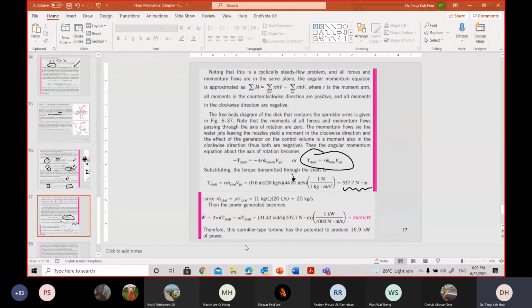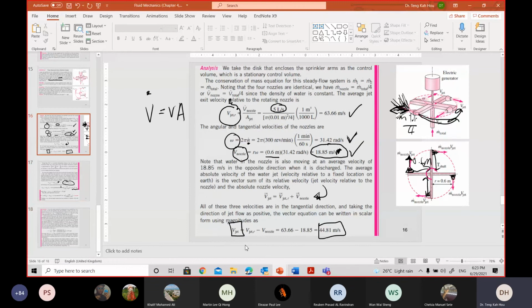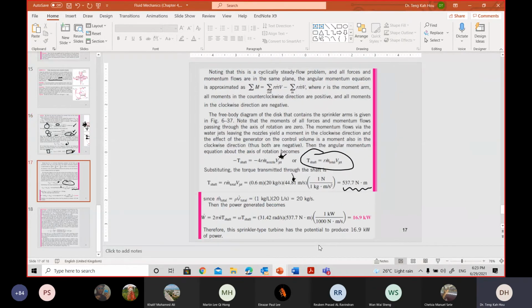And of course, if you don't want to use this, you can use the individual forces from, because what you have right here is the average for the whole system. If you don't like that, in fact, you can use individually of this. The nozzle, of course, you need to divide by 4. That's why you will have a 4 RMV for this case. Can you get me?